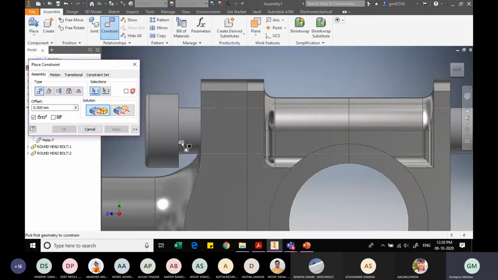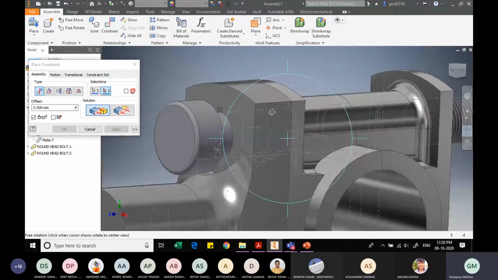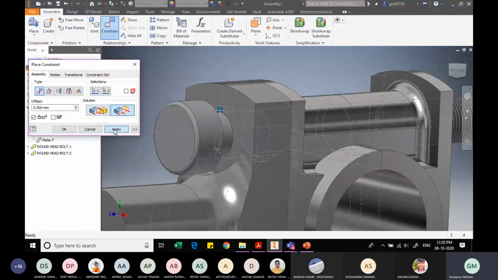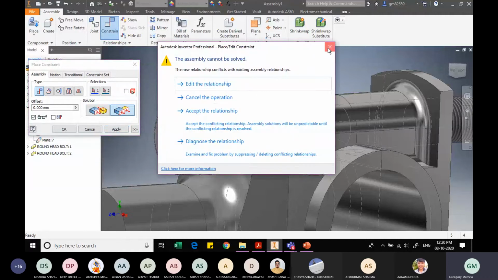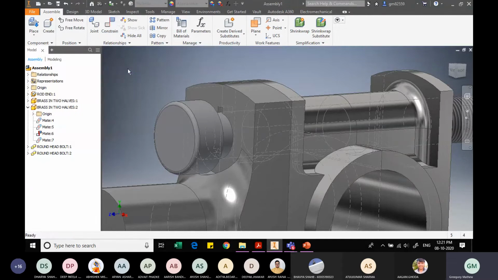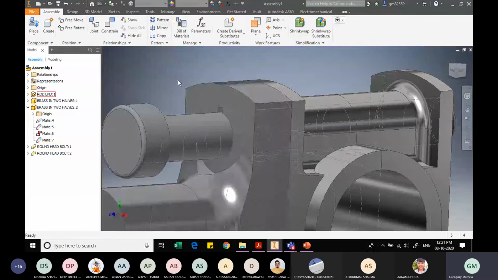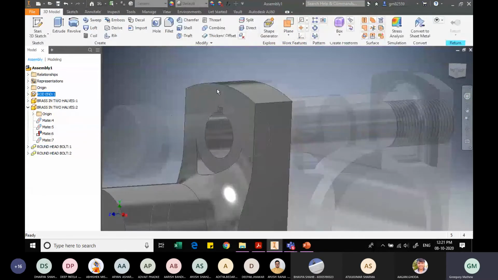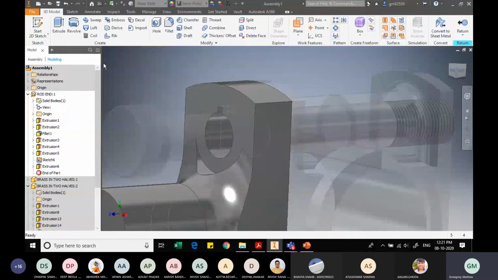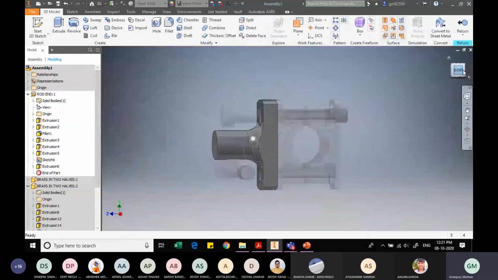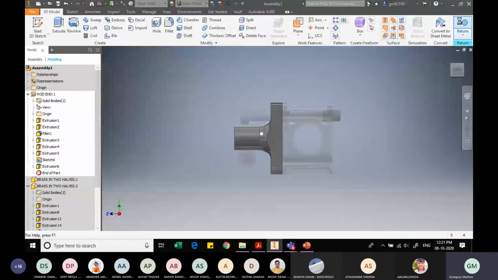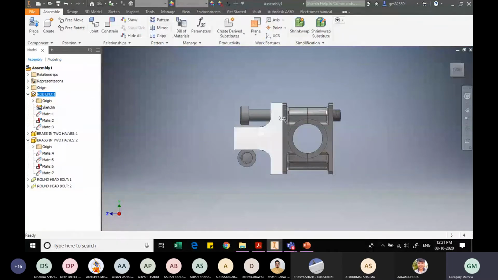So using the constraint option, the face is selected. We'll have to check this drawing out. I will open this drawing now. I'll go return. So we'll open this drawing separately.